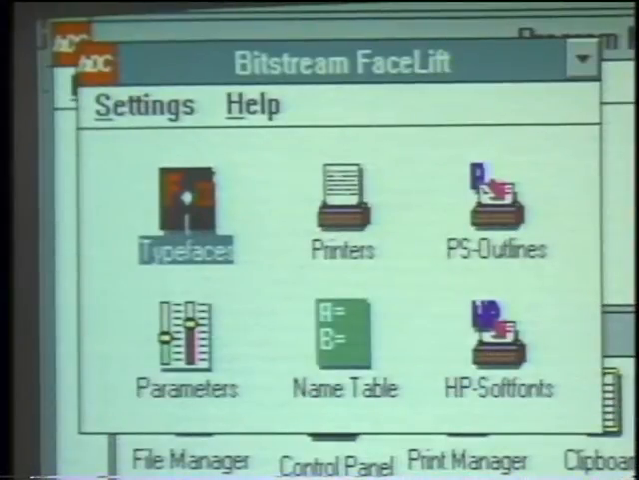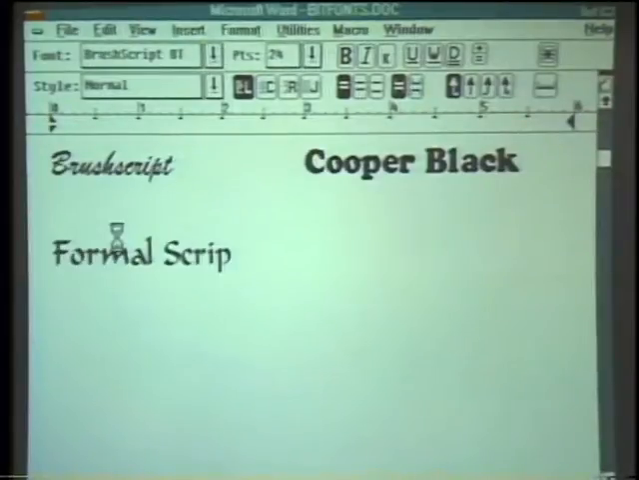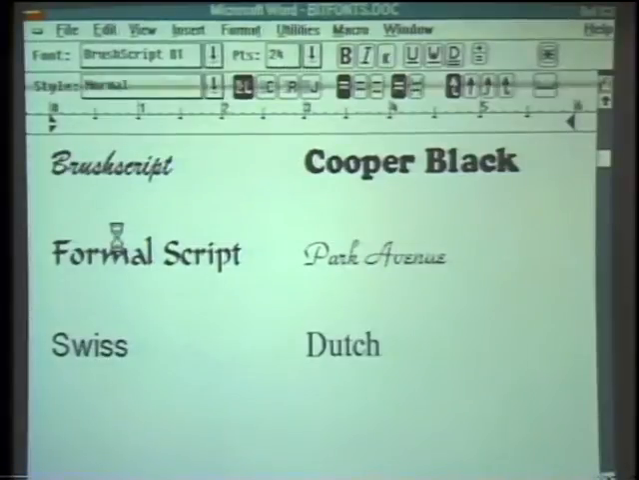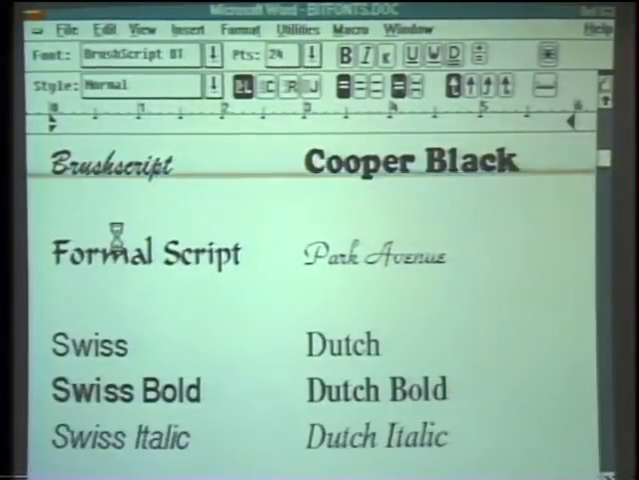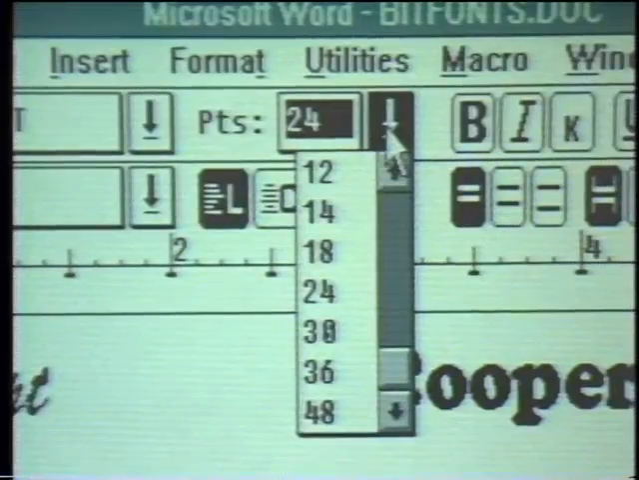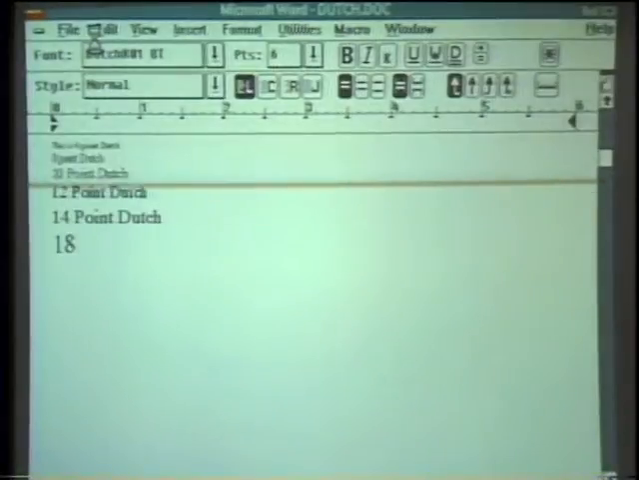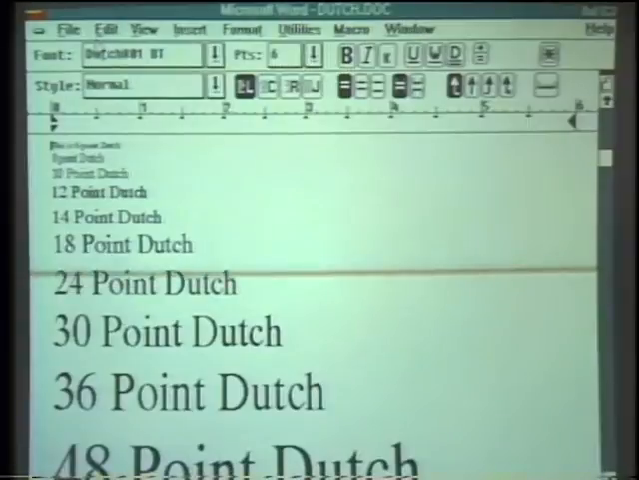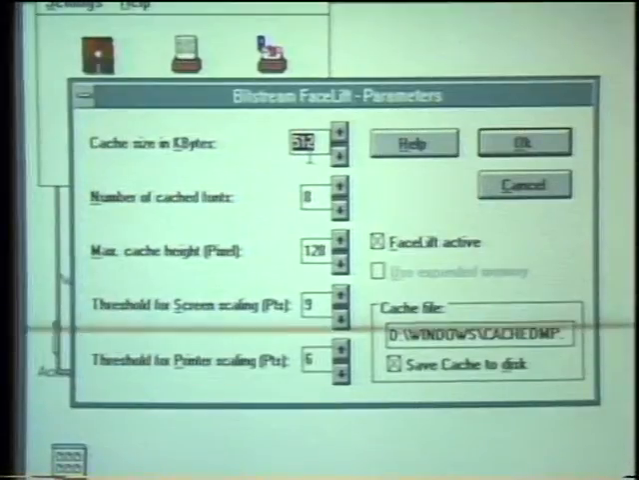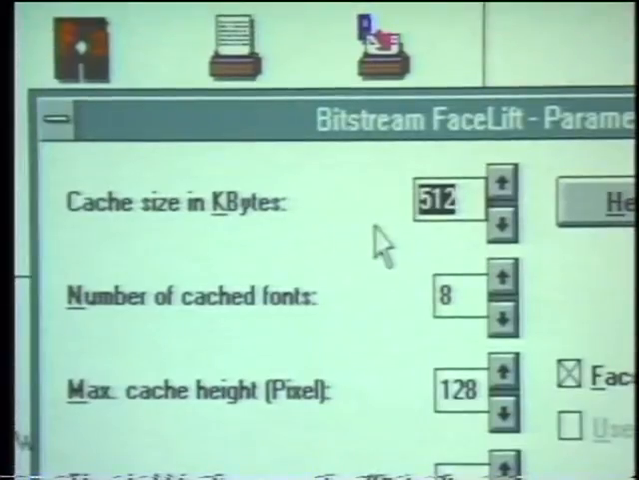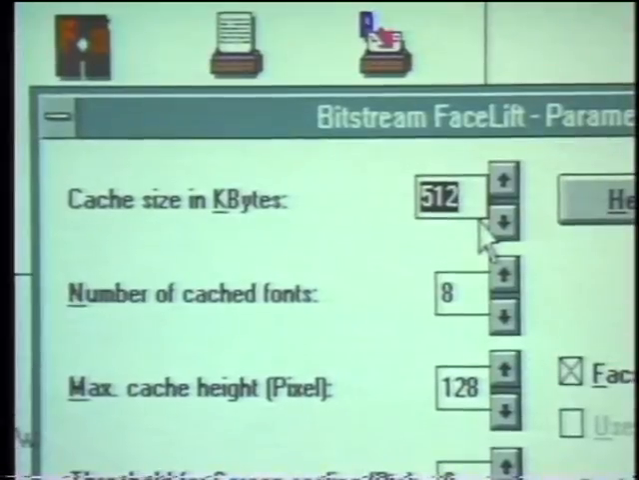Now, it's easy to install. Facelift adds 13 high-quality type fonts to Windows applications like Word for Windows, which we're showing you here. And these are scalable fonts, meaning they can be any size from 6 points up to 128 points. The size depends on how much memory you can make available for font generation. Now, that may mean dedicating 512K to this program, but like most Windows programs, a lot of memory is par